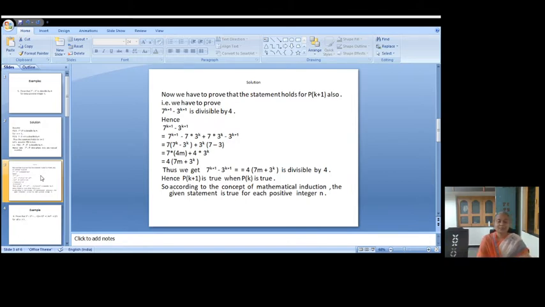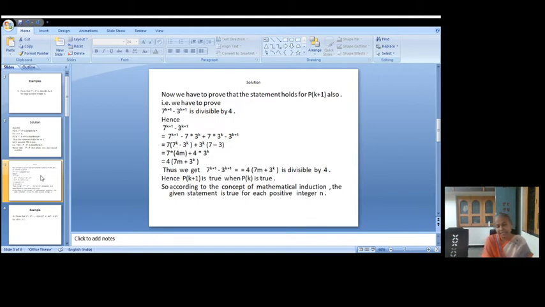And thus we are going to take the term as 7 raised to k plus 1, means 7 raised to k into 7, minus 7 into 3 raised to k, plus 7 into 3 raised to k, minus 3 raised to k plus 1, that is 3 into 3 raised to k. From the first two terms we take 7 as the common term, and therefore we can write 7 in bracket 7 raised to k minus 3 raised to k, plus in the other two terms we are taking 3 raised to k as the common term multiplied by